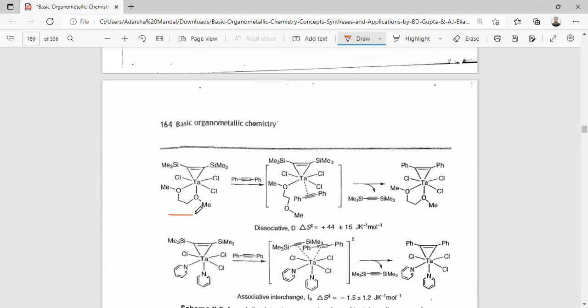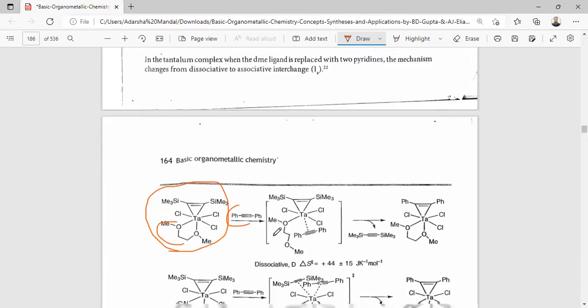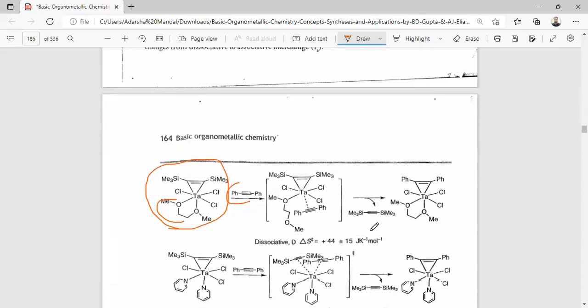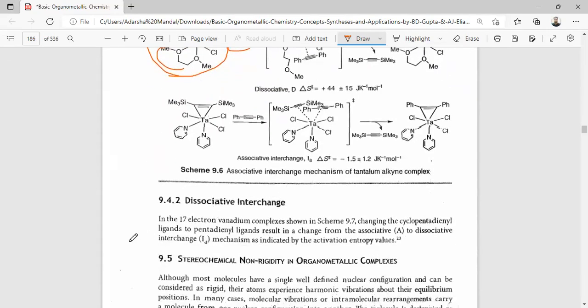So in this metal complex, this ligand is replaced by the acetylene group. Here this associative interchange is from the following metal complex. So next one is the